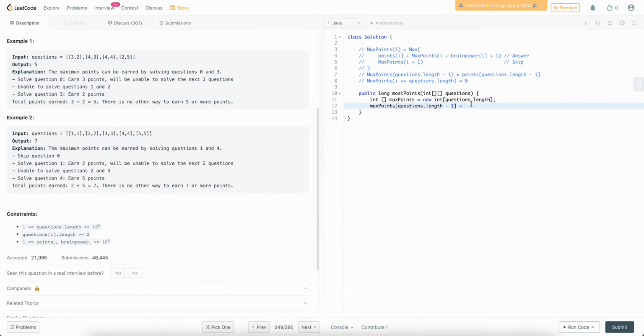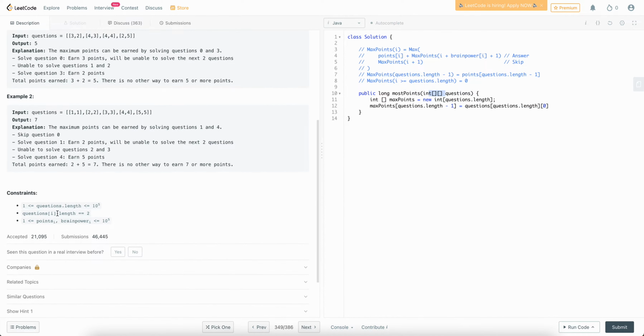Now the way to get points is basically questions at questions.length -1 and 0, right? Because this is basically a 2D array where the first part is the points and the second part is the brain power. So this is how we get points, and I think this is where we can create a function. So we can say private get points